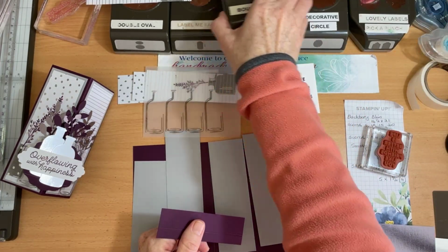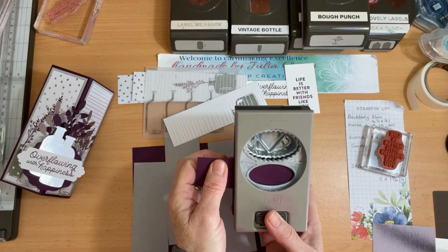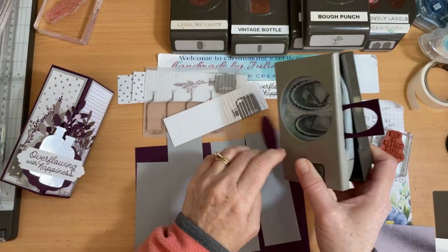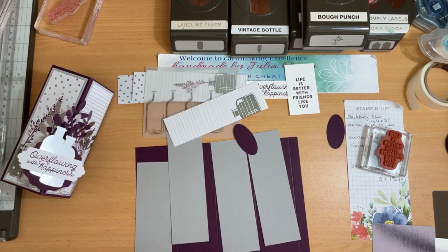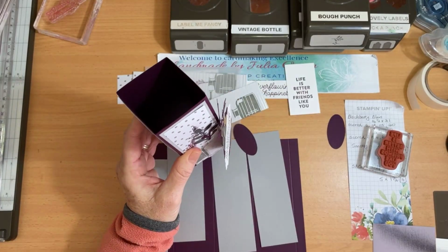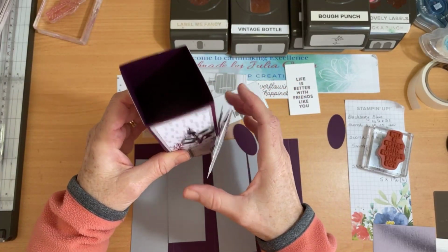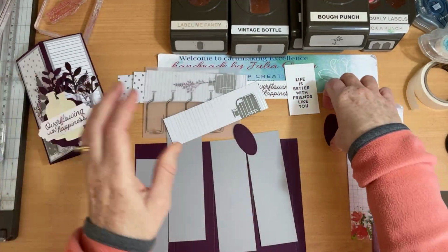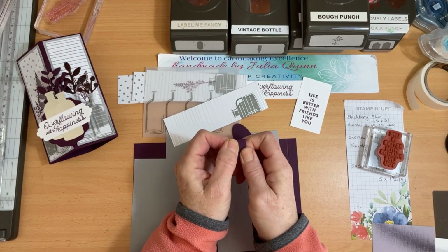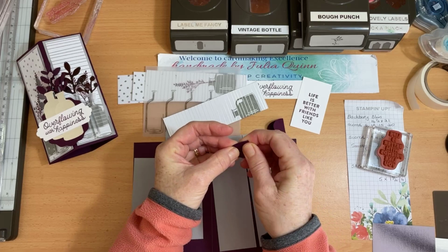Okay, so first of all, the first bit of punching, because there's a lot of punching to go on now. First bit of punching I'm going to do is using the double oval. Just punch 2 ovals out of the Blackberry Bliss. Now these are to enable us to construct this part of the box that has the greeting sitting out proud of the rest of the card, and it gives it that lovely little engineering quality. So with both, you can use any sort of shape really, but I've used the oval because it has the tapered edges. I'm folding them both in half,